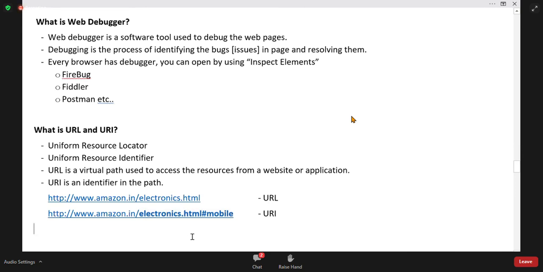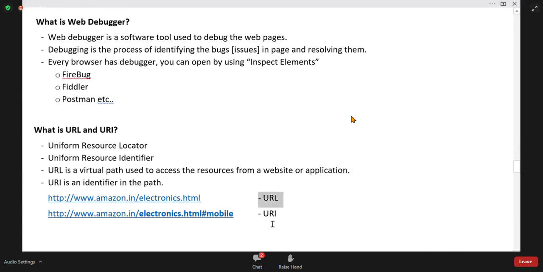So you have Uniform Resource Locator and Uniform Resource Identifier. Identifier indicates where you are in that page. Taking you to a page is URL.